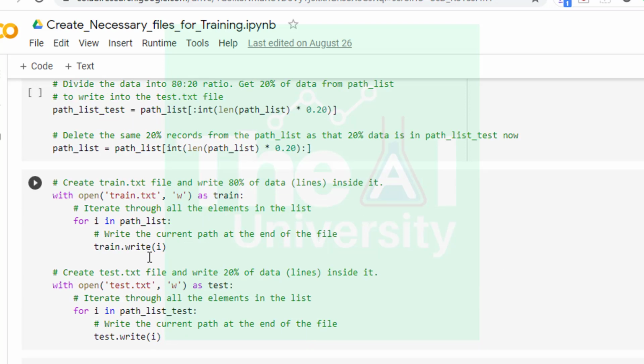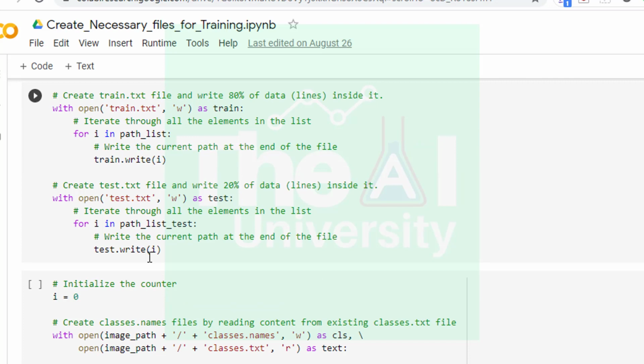Moving on, in the next cell, we are creating our train.txt and test.txt files. So we are using the open operation to write each row from path list to train.txt using the for loop. We are performing a similar kind of operation for test.txt as well. When I ran this final cell, I got train.txt and test.txt files created inside the subfolder